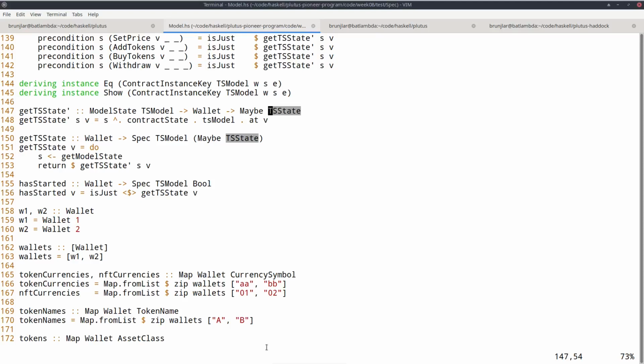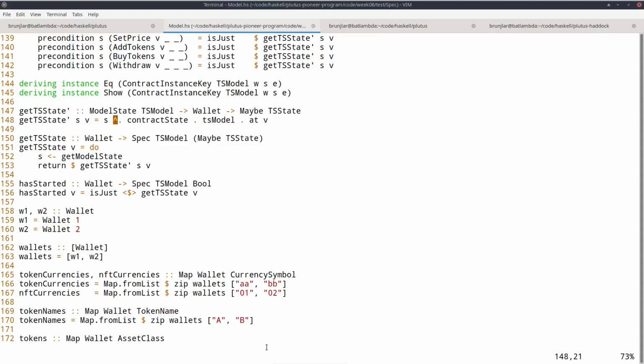And maybe that hasn't started yet, therefore maybe. And how I do that is using yet again optics. So for this model state, there is a lens provided that gives me the contract state. So the contract state is just this TS model type. So going from the model state to the contract state, then going to the map, and then using this add lens that I mentioned before. So the combination of these three optics zooms into this TS state entry. And if it's not there, it would be nothing. If it's there, it's maybe.